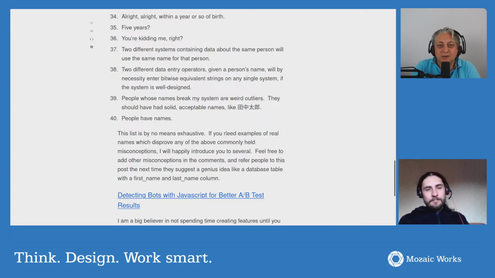Yeah, and once again, it depends on your target. If you are working with European countries, then most likely you can use first name, last name. Not many problems there, as long as you support Unicode, UTF-8. And honestly, the bigger problem with UTF-8 is that not all fonts support the special characters from UTF-8.